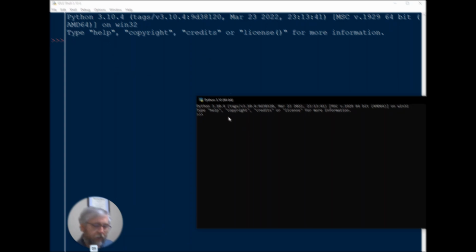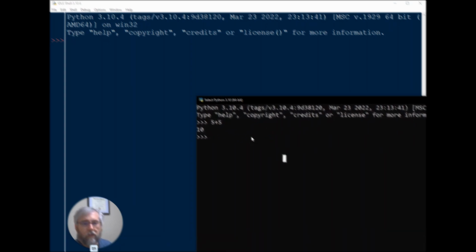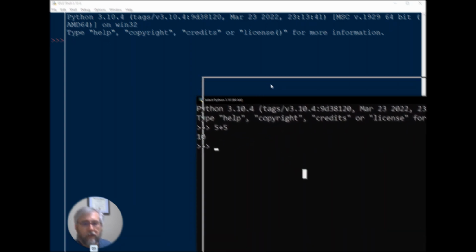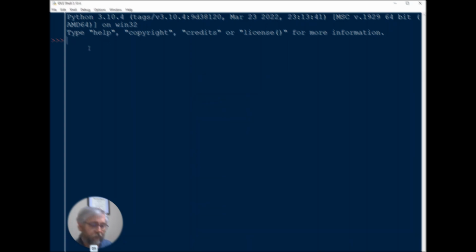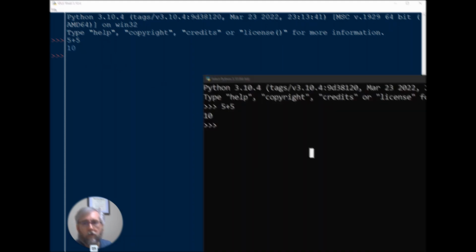What do I mean by that? Well, the same operators work both ways. If I do 5 plus 5 on the command line, it's still going to prompt me with the correct answer of 10. I can increase that font size to give me a little bit more visibility here. Just as in the IDLE, if I do the same thing, 5 plus 5, it'll give me the actual answer as well. I just personally find the IDLE shell a lot easier to read and a little bit more versatile